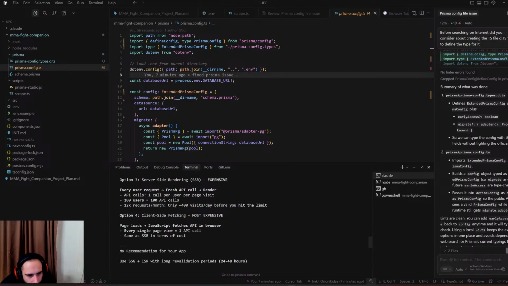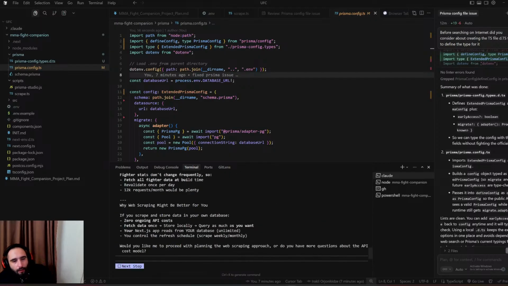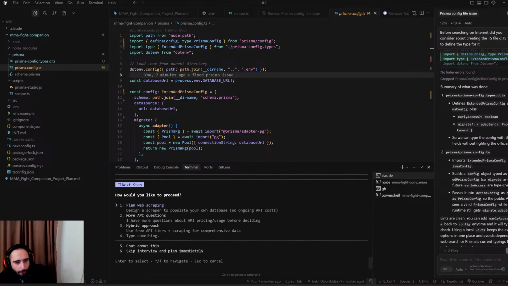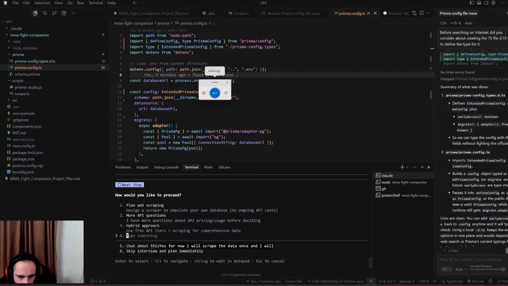Server-side rendering, okay. You scrape and store data in your... Yeah, I'll scrape it once and I will store it. Yes, for now I will scrape the data once and I will store it in my database, because in general it's static data, right? The fighters, like their